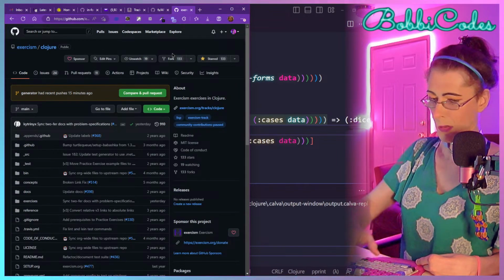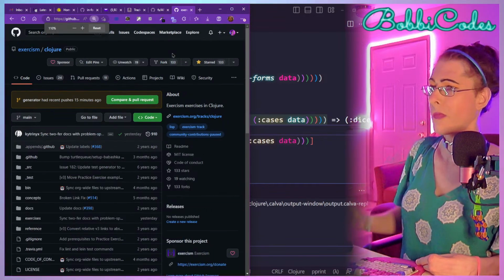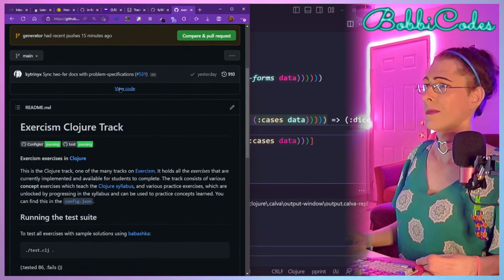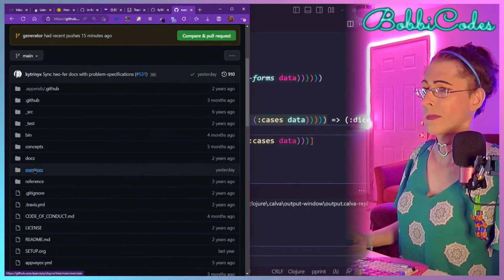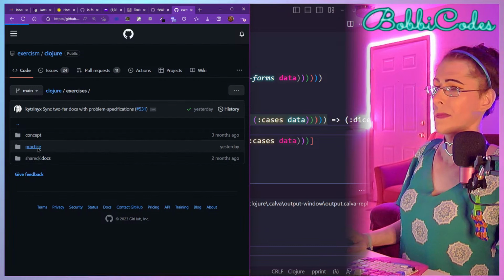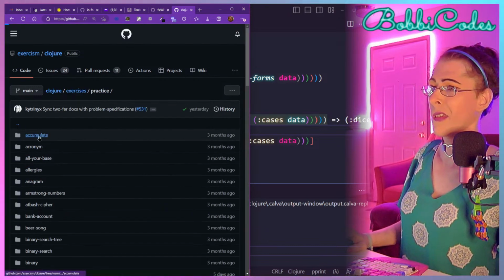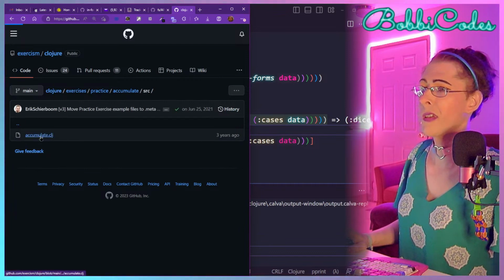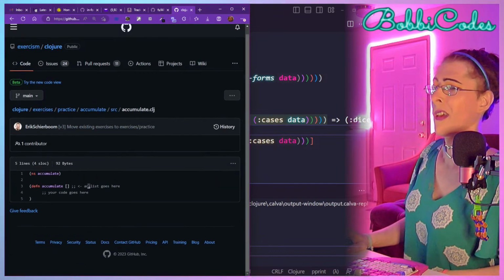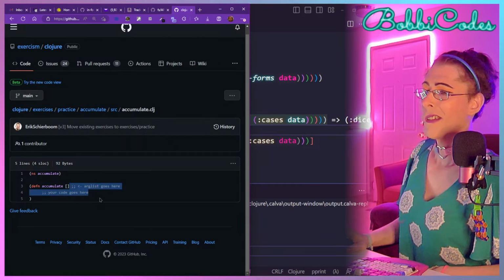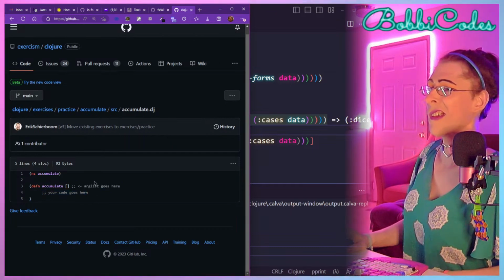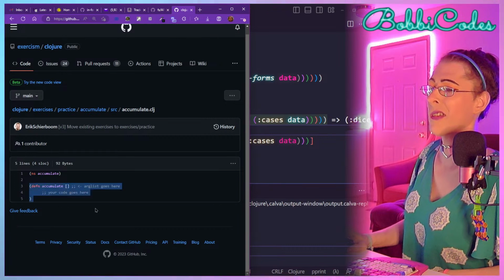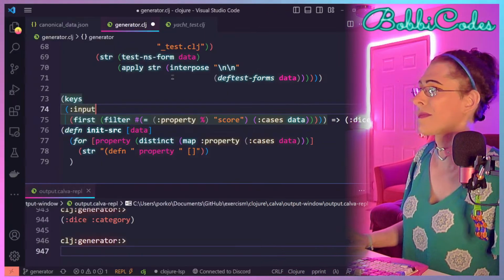Here's the Clojure track repo. Go to a practice exercise. Here's the accumulate exercise. Go in the source directory, accumulate.clj. Ah, yeah, I didn't have to do that. It just comes blank. So that's cool.